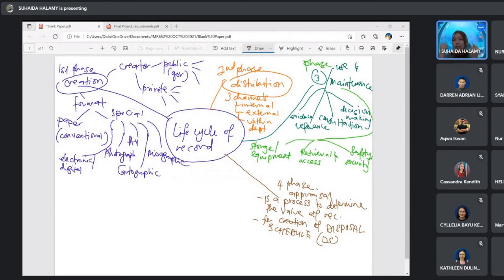Dapat disposal schedule. Terjadilah disposal schedule. Wujudnya jadual pelupusan. Alright. And then when we talk about appraisal process, it involve with team member. Dia tak boleh buat kerja seorang. Kena ada team.